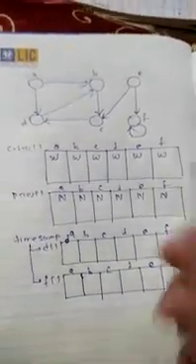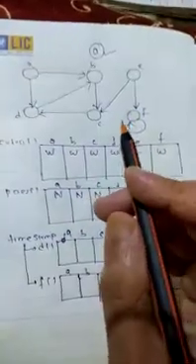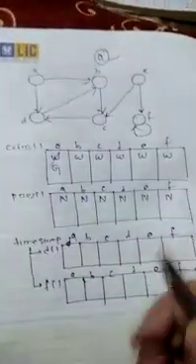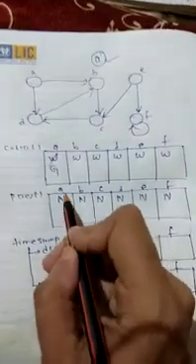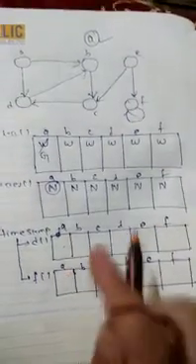Next, we have to consider a source vertex. Suppose in the question A is given as the source vertex or the starting vertex. Then we have to change the color of A to gray, because A is discovered. What is the predecessor of A? As it is the source vertex, the predecessor of A is nil. Next, what is the discovery time? Listen, we always start from 1. So at 1 unit of time we discover A.